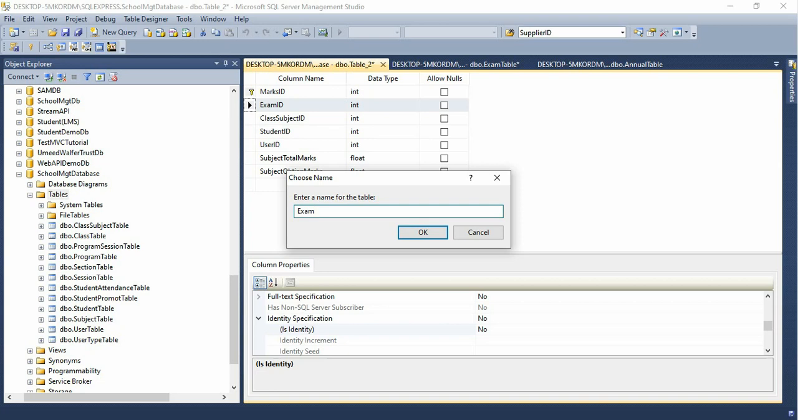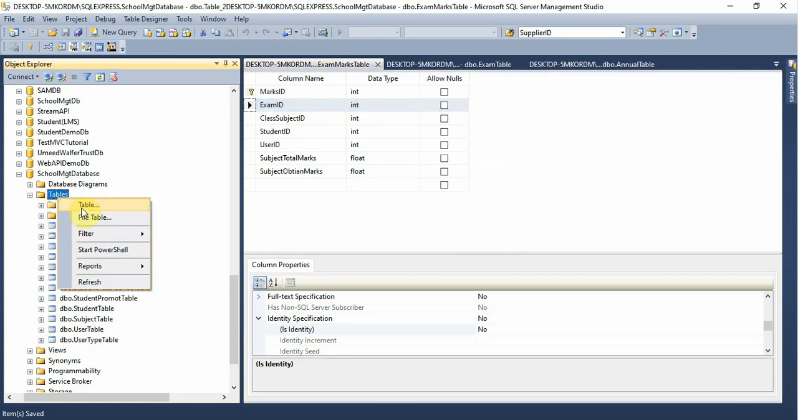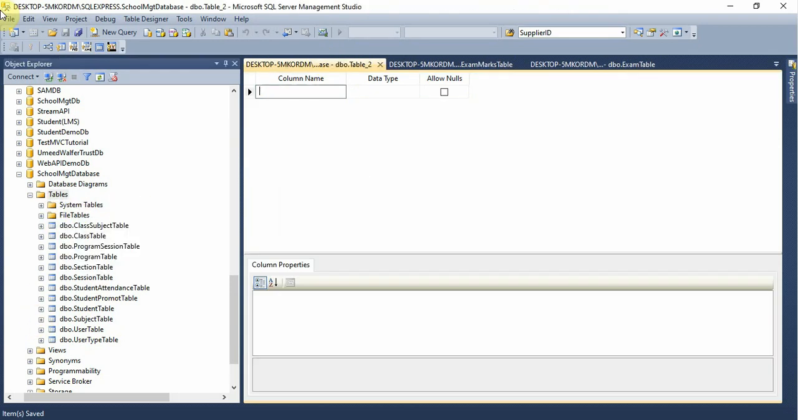exam marks table, OK button, right click in the table, submission fee table. Submission fee table. So now add the submission fee table,